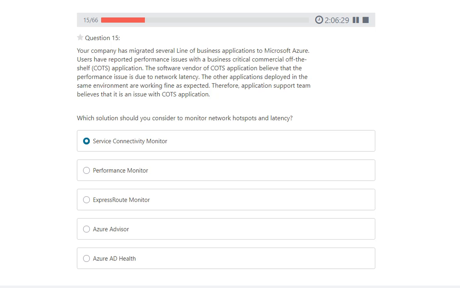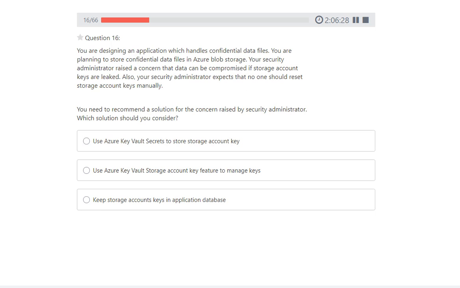Okay, next question. You are designing an application which handles confidential data files. You are planning to store confidential data in Azure Blob Storage. Your security administrator raised concern that data can be compromised if storage account keys are leaked. Also, your security administrator expects that no one should reset the storage account keys manually.